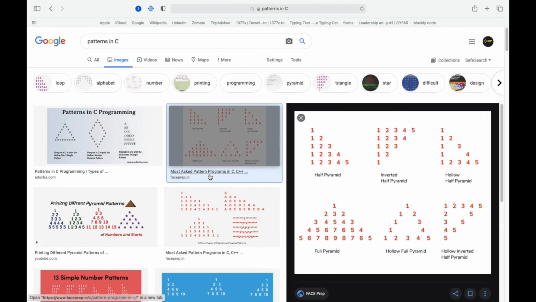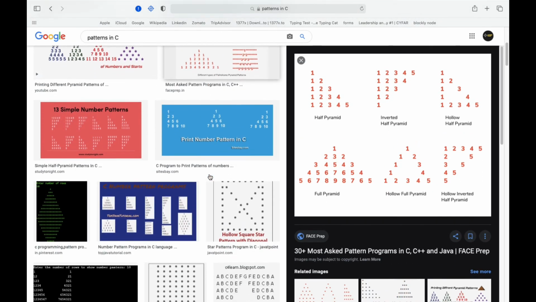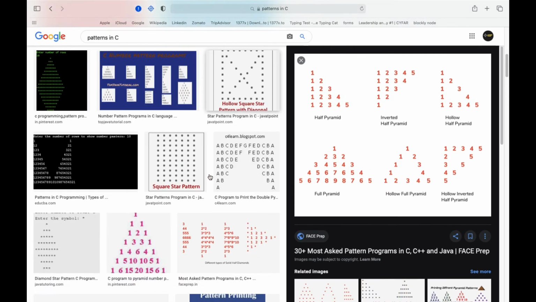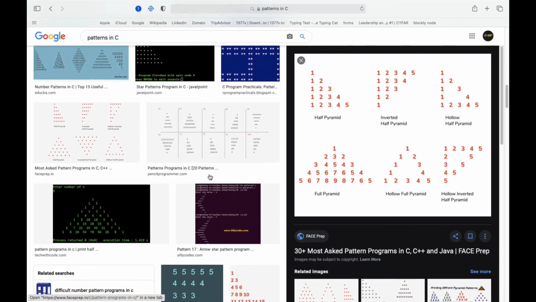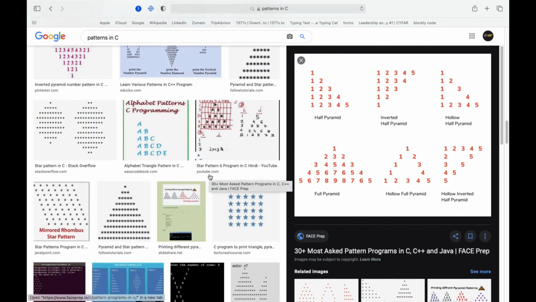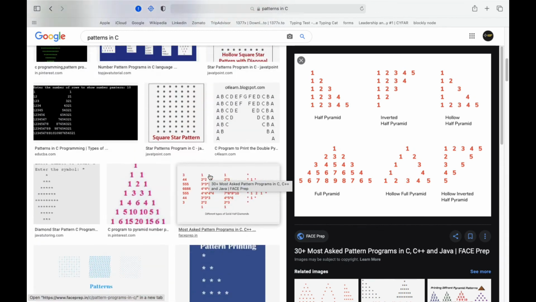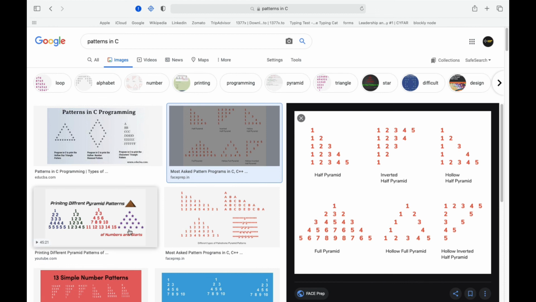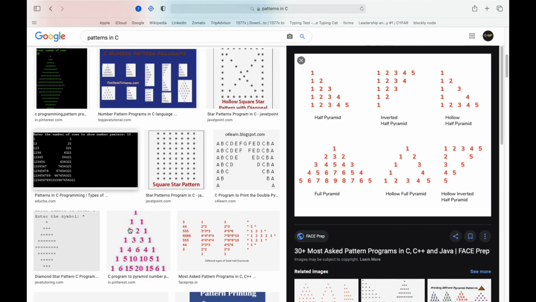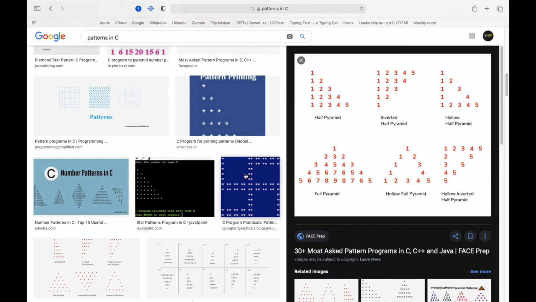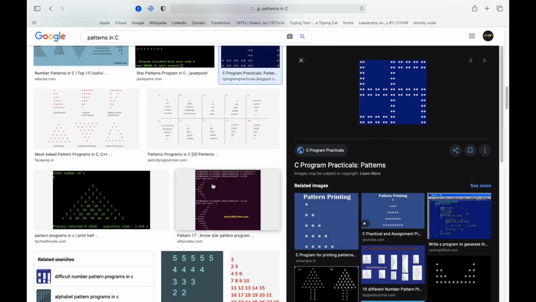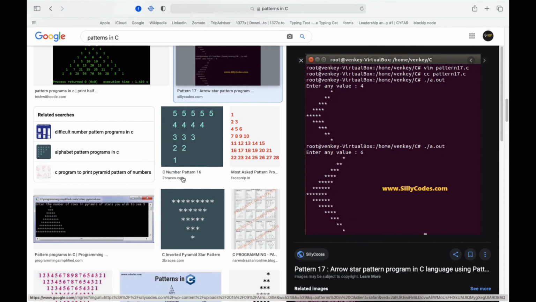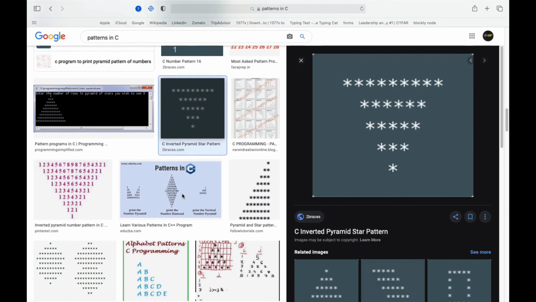as many patterns as you can solve, because it is not very possible for me to show you each and every program, and you can get their program solutions on the web itself. There are many patterns you can see in here. There is inverted half pyramid, there is hollow half pyramid, then we have Pascal's triangle, and there we have more complex structures like these.